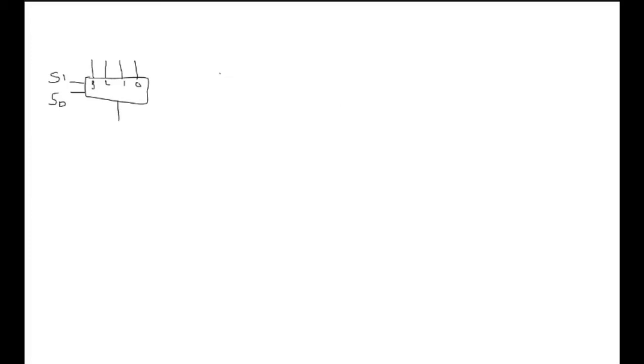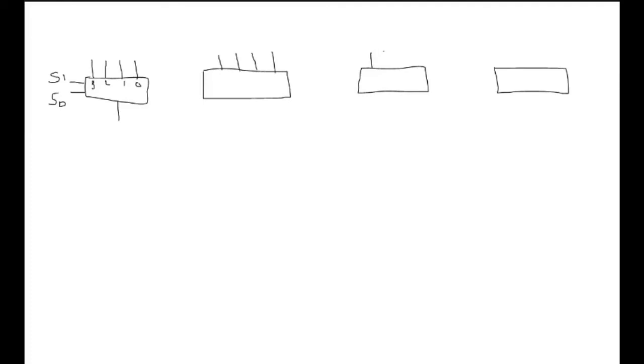Since we are talking about the 4-bit counters, for a 4-bit counter we will be having 4 flip-flops. For 3-bit we will be requiring 3 flip-flops. So I am making the mux circuit first. This will be 0 1 2 3 in all the cases, and the select line will be the same, so I am just simply connecting select lines. For 4-bit we will be having the 4 stages.